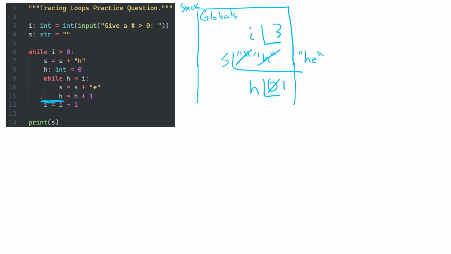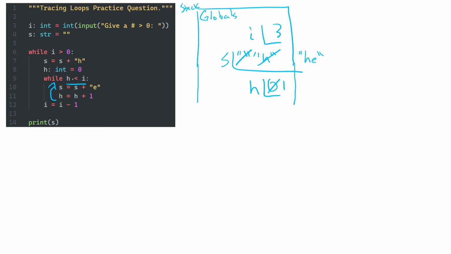And hopefully you correctly identified that when you reach the end of a while loop's repeat block, you go back to the corresponding test condition, right? We haven't completed this loop yet. We don't jump back to the very topmost and outermost loop. We go right back to the loop that we're working on. And so we haven't finished this loop, right? We still need to reach the terminating condition of this, which is once this condition, h less than i, is no longer true, then we'll be done with this inner loop and we can continue on.